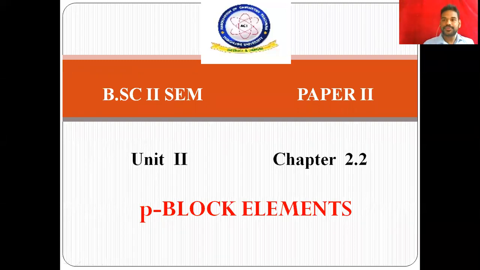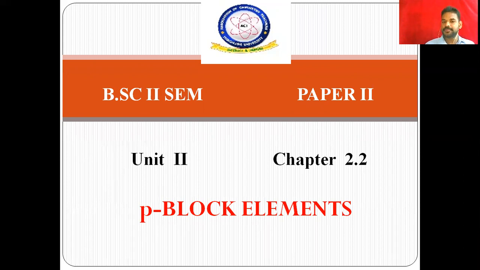Hello student. So in the last class I finished with the S block element. Next we have the P block elements. This is a continuation of the S block element in the periodic properties. S, P, D, F, these are all normal topics within the periodic properties. After the S block we have the P block.